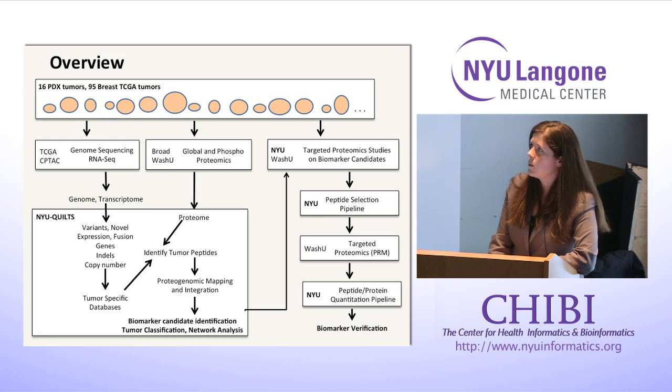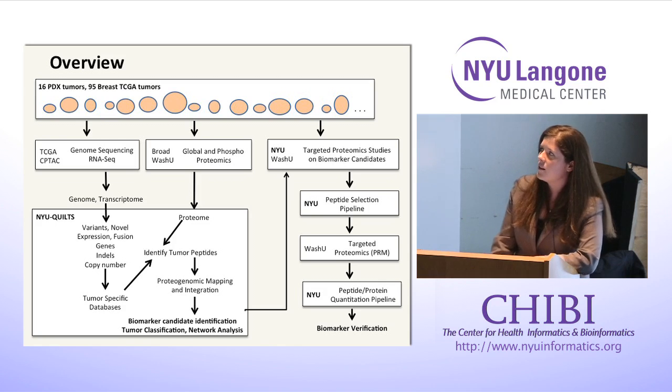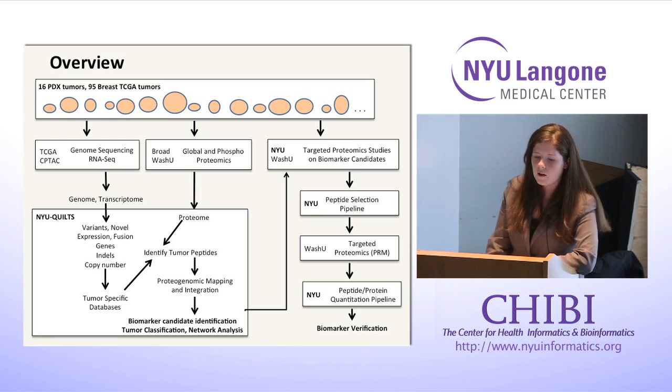So once we have the genomic and transcriptomic information as well as the proteome, we input all of this into a new pipeline that we've developed here called Quilts. And this takes in the genome and transcriptome. It identifies variants, novel expression, fusion genes, indels, copy number, and is able to create tumor-specific databases. And we then use these databases to identify tumor peptides within this proteomic analysis. And following this, we then do proteogenomic mapping and integration to identify biomarker candidates, to classify tumors, and to do